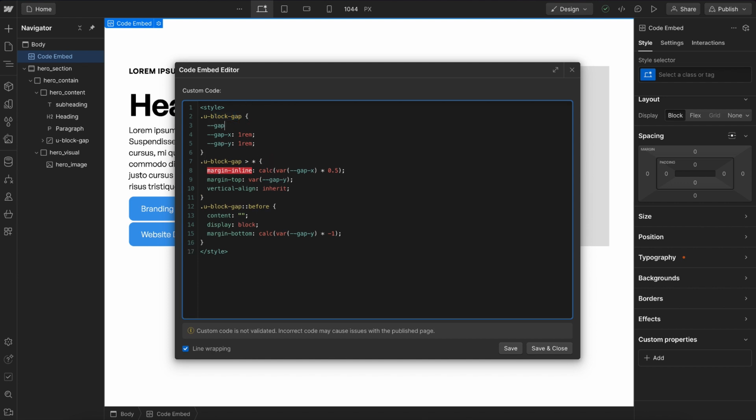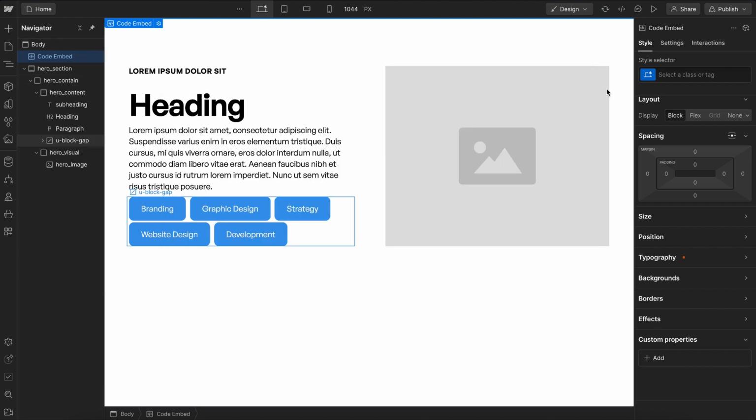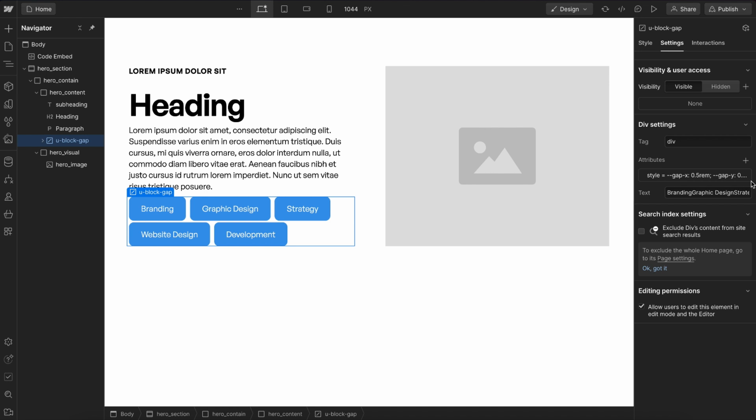Now, one other thing I'll do is just create a main gap in case I want to easily adjust both X and Y. I'll set that to 1 rem here by default, and I'll go ahead and connect gap X to be the main gap variable by default. So I'll go ahead and plug that in right here. And that means if we don't define a gap X or a gap Y, it'll naturally just fall back to our main gap. So if we go ahead and save that,